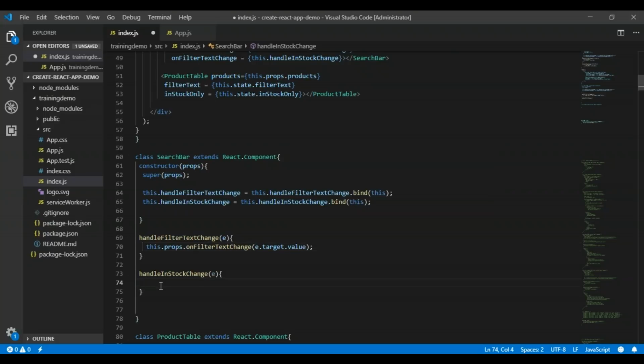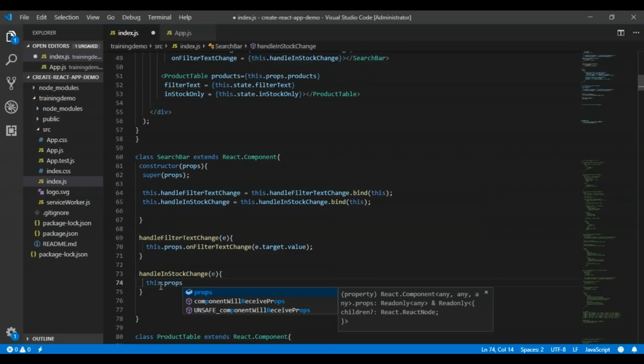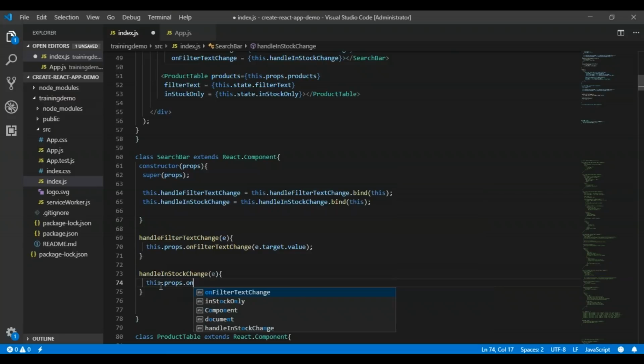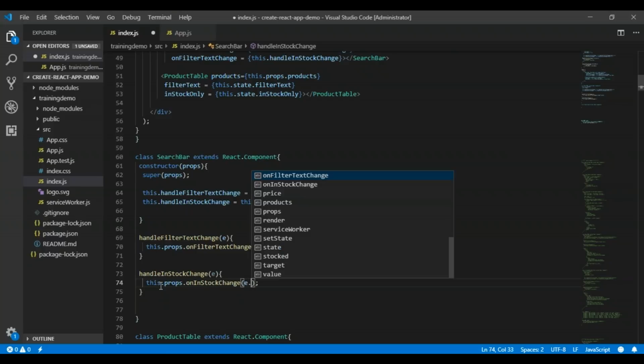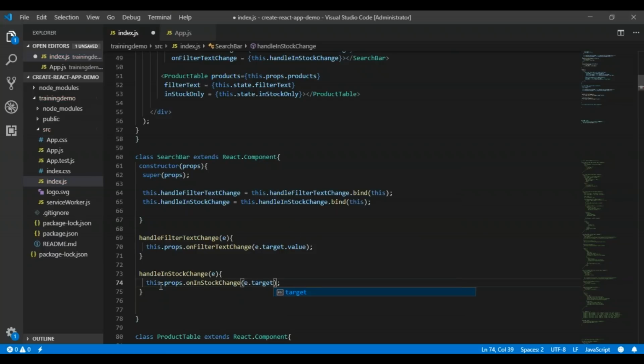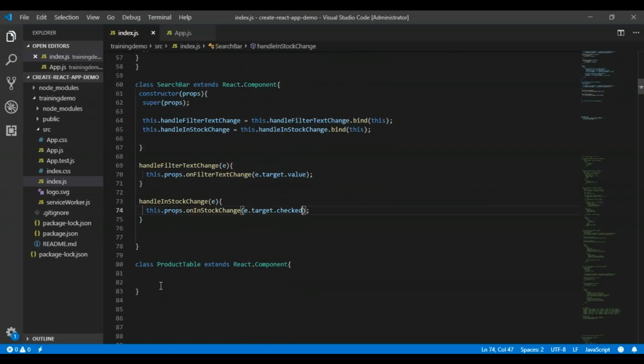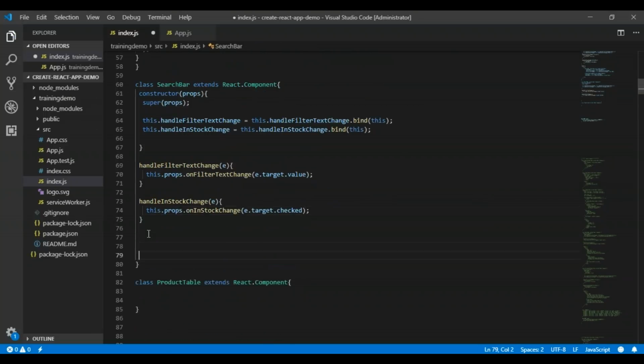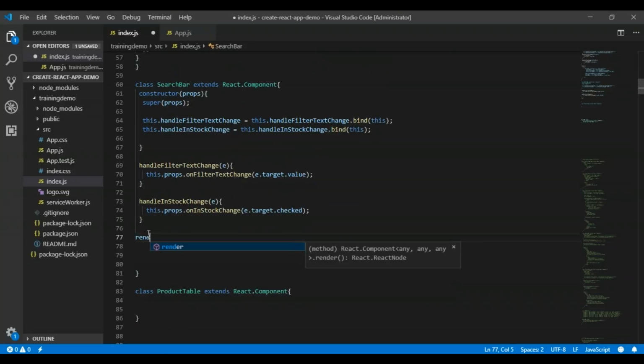And in the handle in stock change, I will say this dot props dot on in stock change, and what I'm going to write is e dot target, where we will check whether the checkbox is checked or not.